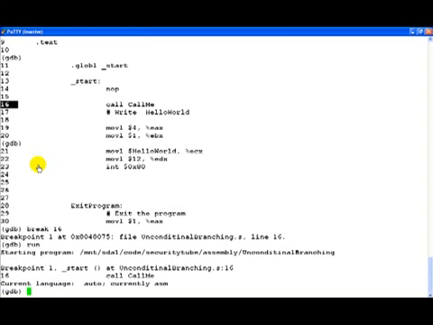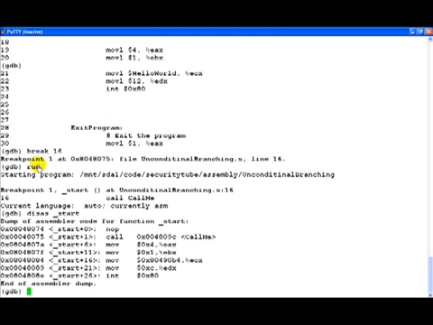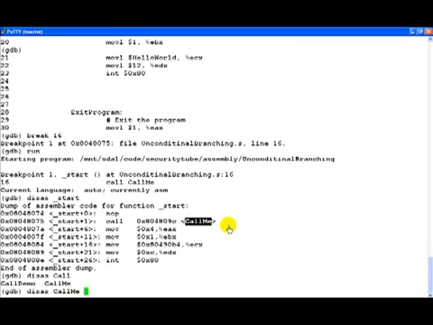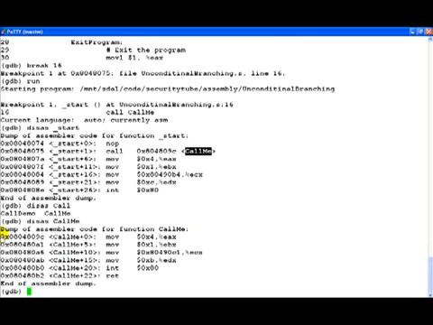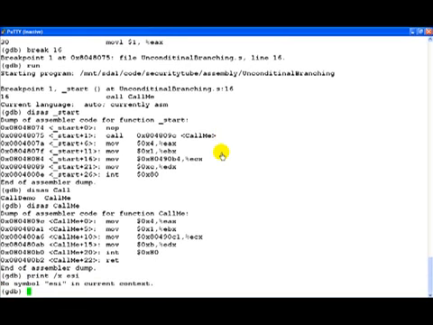Before we go any further, I think the point we should kind of remember is first let's disassemble the start routine. Okay, so if you notice, call is actually going to transfer control to this particular address, which is nothing but the call me label. So we can actually even disassemble that. And this is where the whole call me string is actually printed. So what is going to happen now is this statement is what is going to be executed next. However, let's actually do something else. Let's go ahead, print the value of ESI.